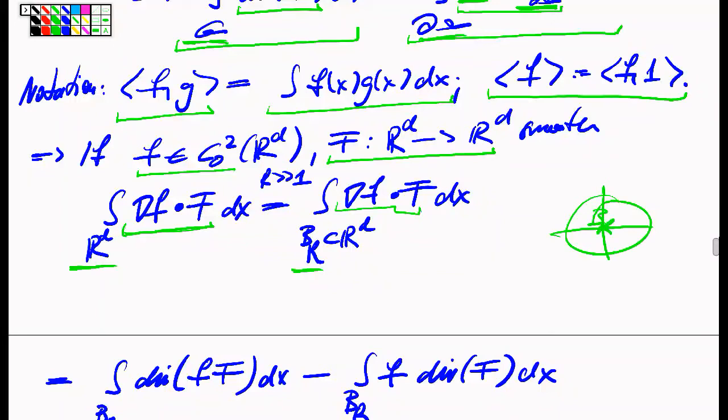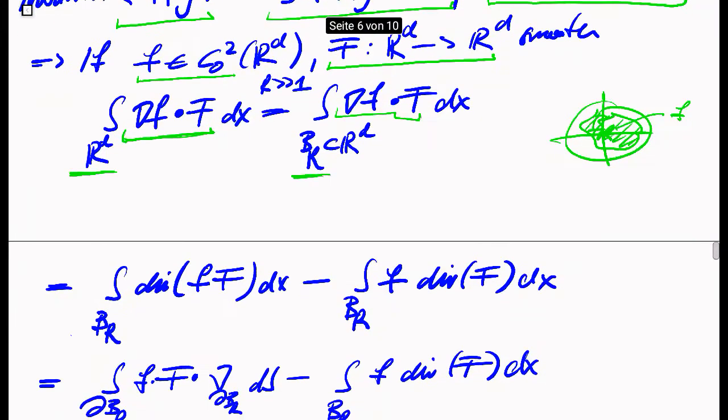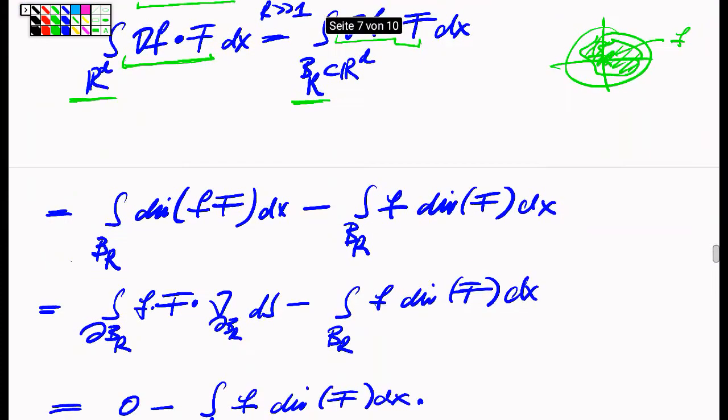If I choose the radius sufficiently large, then all the support of the function f will be contained in this ball, and hence also the support of the gradient of the function f will be contained in the ball, and therefore this integration is just as good if I restrict the integration onto the subset. But now I am in the situation, since I'm doing integration over a compact, smooth, and in this case even bounded subset of Rd, that I can use this Gauss formula,